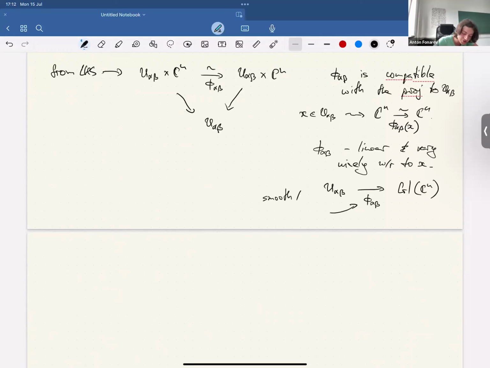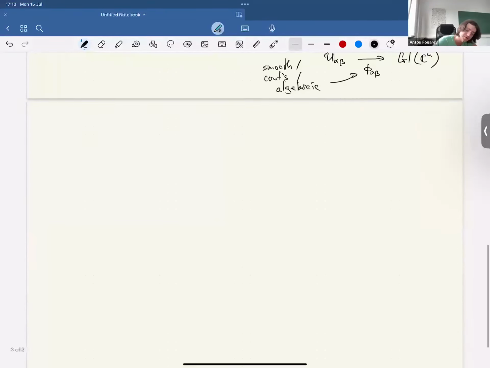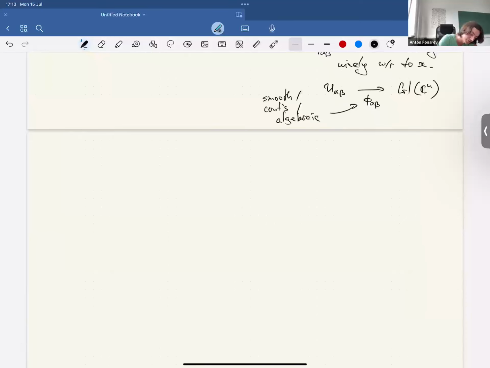And now this phi alpha beta can be smooth, can be just continuous, or it can be algebraic. I mean, there are all kinds of notions that you might ask yourself. So we will be interested in algebraic vector bundles. But nevertheless, with vector bundles,